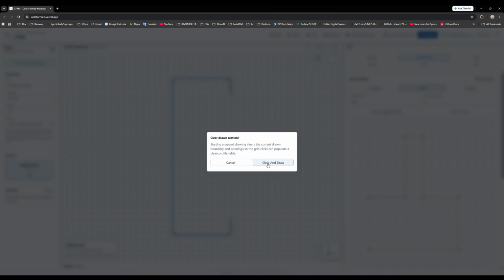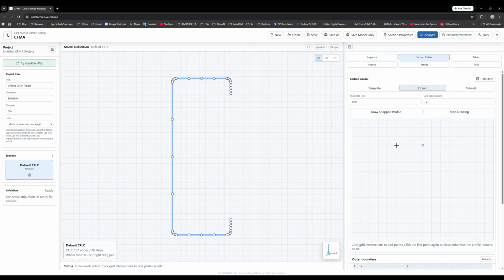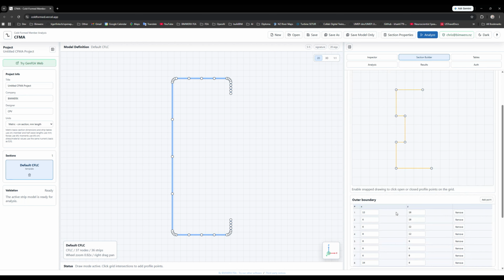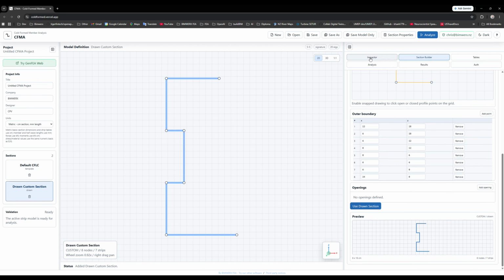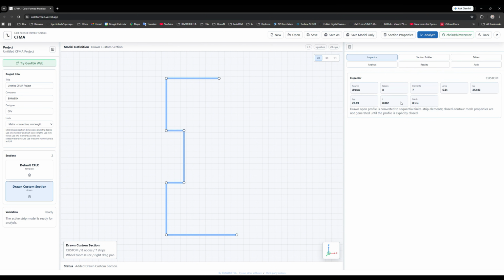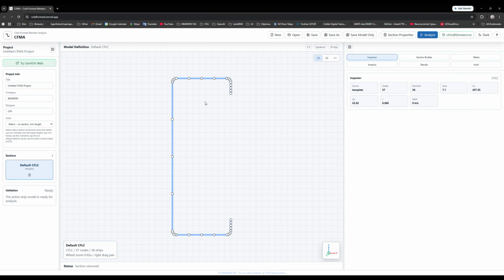So if I click here on Clear and Draw and start selecting points to create my new profile, it'll then simply start creating that geometry. And of course, once we're done, all I can do is click on Stop Drawing, and we can then head down here and say Use Drawn section. And you'll see when we add that, it'll compute the properties automatically. I'll just remove this one again since we're going to use our standard cold formed lip channel default section here